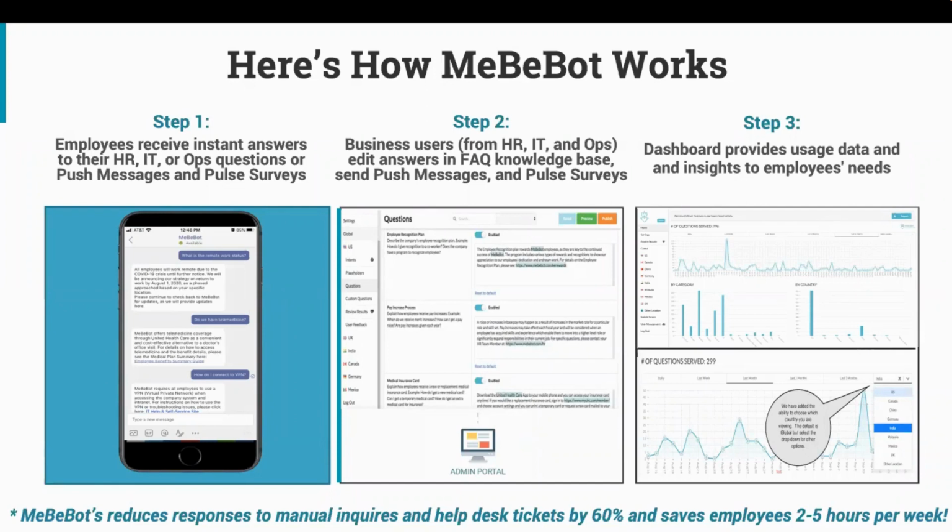We'll give you access to seeing how that is maintained and managed in a very easy, seamless way for non-technical business users. And then lastly, well, frankly, first, you'll actually see the data that MeBeBot generates, which is super important. I think our customers really love the data because they're able to see how MeBeBot delivers results, and they can quickly see how much time savings MeBeBot has provided,